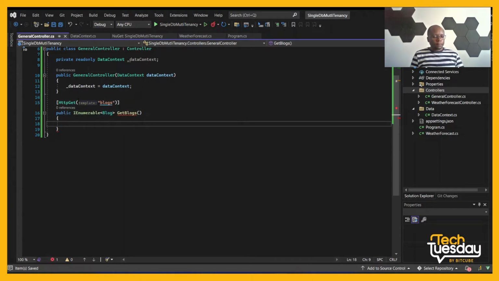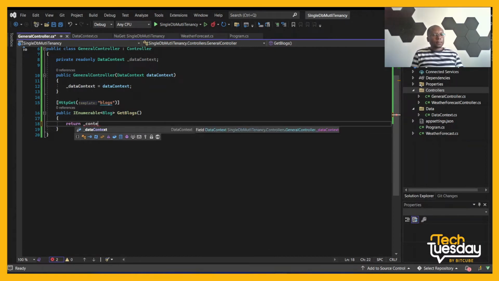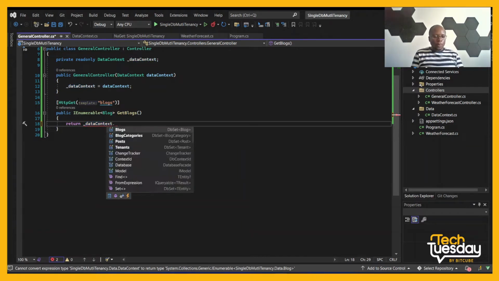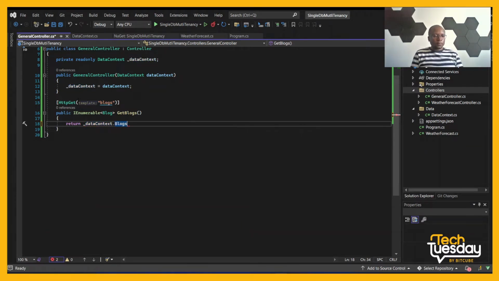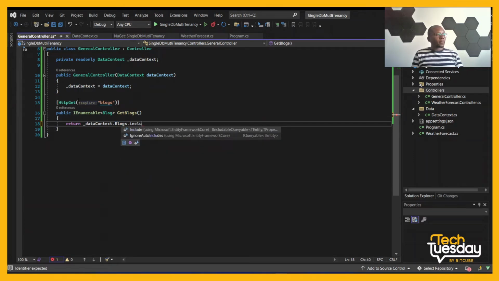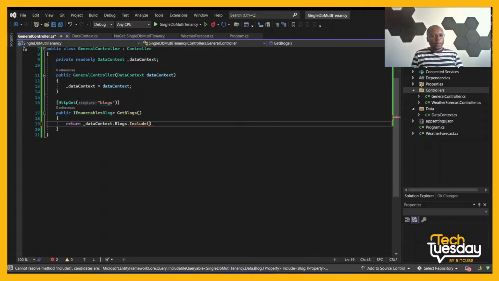Okay, pretty simple. All we want to return is blogs. So underscore data context dot blogs dot, we want to include blog categories,